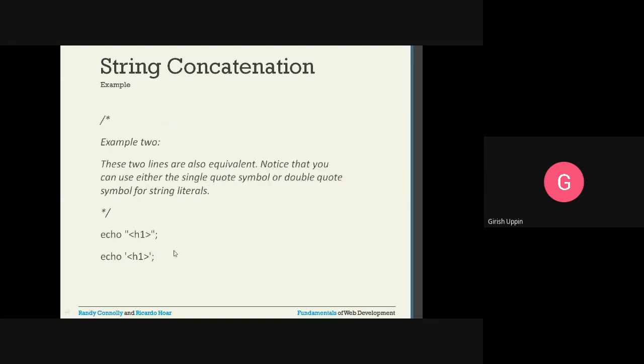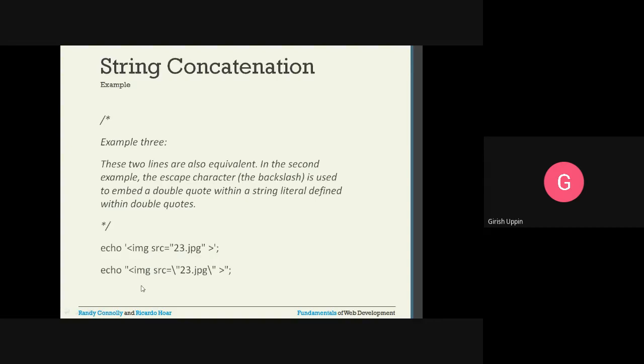A string can be used in two fashions. As I told you, either you can use two double quotes, and whatever you have inside is treated as a string, or you can have two single quotes. You can see this is another example.